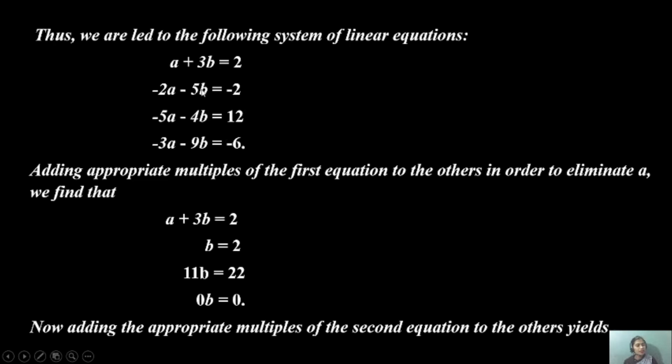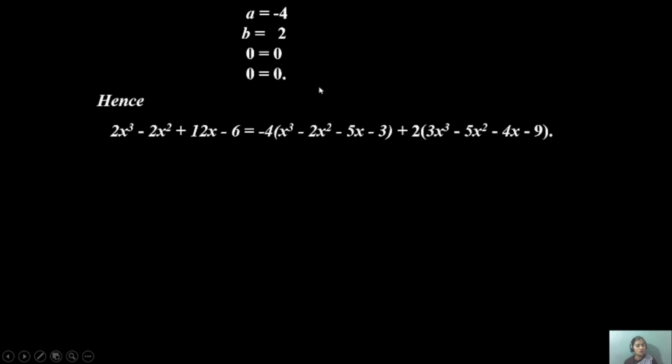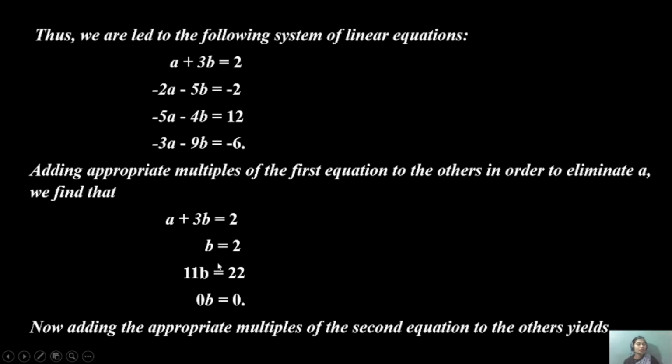If we put in these values, all the equations will be solved and we get a equals minus 4, b equals 2, 0 equals 0 and the third value 0 equals 0. All these values will be generated, then we put the values of a as well as b in to solve the equation. In this equation, how do we solve for the value? Because a plus 3b equals 2, they combine with all the equations and generate b equals 2, which is also solvable. Okay, both of these equations are solved. This is a step for solving the equation.